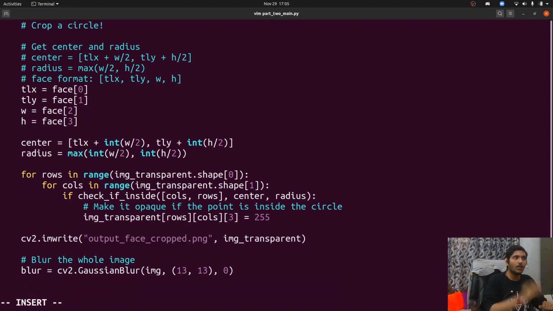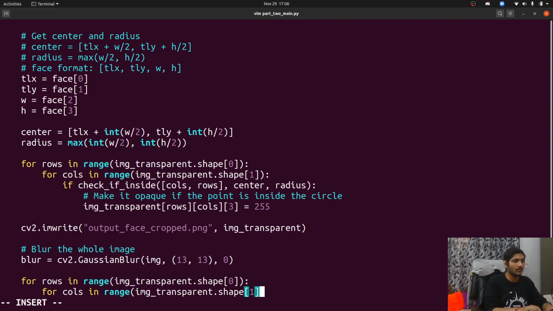Now again I'm going to iterate through all the pixels. If the fourth value, that means the third index, is 0, that means it's outside the face, then I will replace it with the blur, except that if it's inside the face, I'll keep it as it is. So I'm going to show you how to do this. For rows in range img transparent.shape[0]. Again the same for loop, guys.